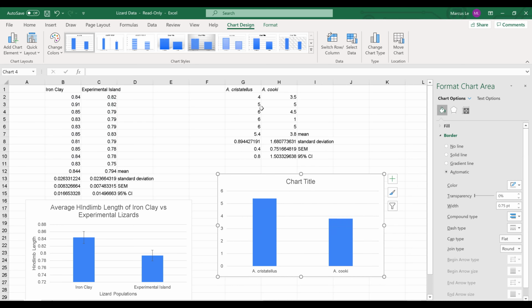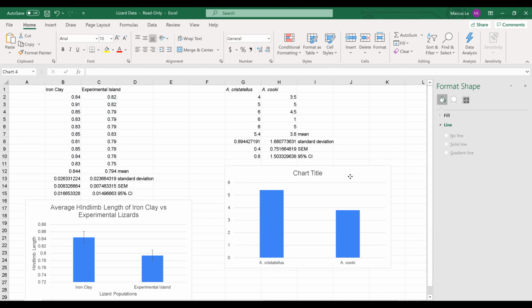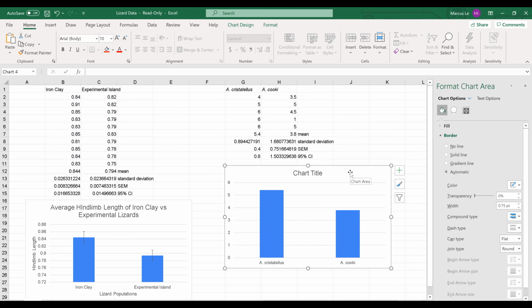Now, also remember, I'm saying click, click, click, click. That doesn't mean highlight. If you highlight it like this, it'll screw up your data. You want to click on each box individually. Got it? Great. So now I have all my means. What do I need to do next? I need my,